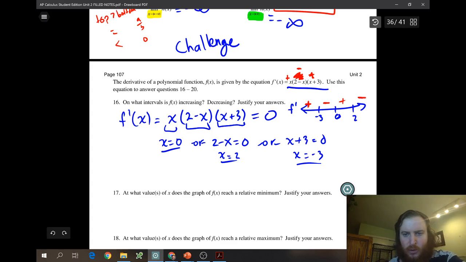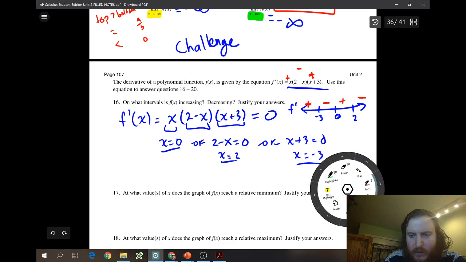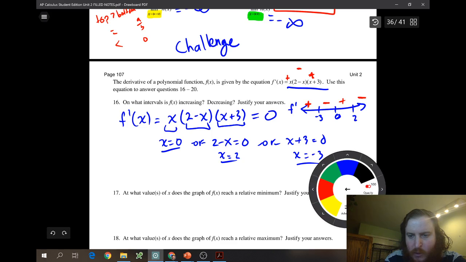Okay, super cool shortcut: the only times these ever repeat are when you have an x squared or an x to the 4th or an x to the 6th, an even exponent. So if you don't have any squares here, then it can never repeat. So whatever you get for the first one, I got positive, it's always going to switch: positive, negative, positive, negative. That's a really cool shortcut. The only time they ever repeat is when we have an even exponent. Anyways,